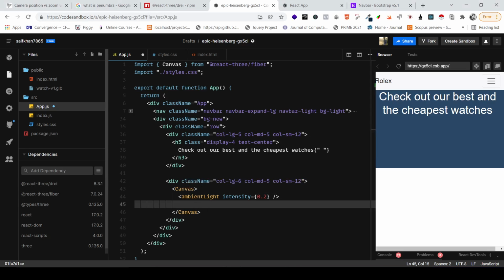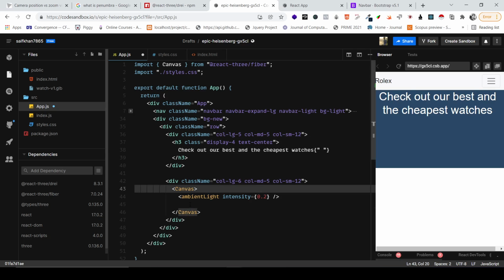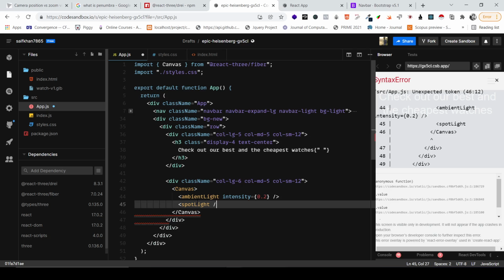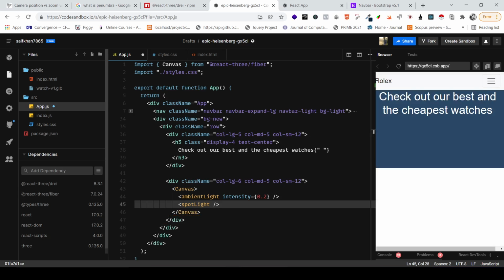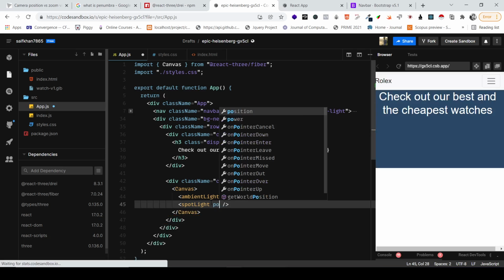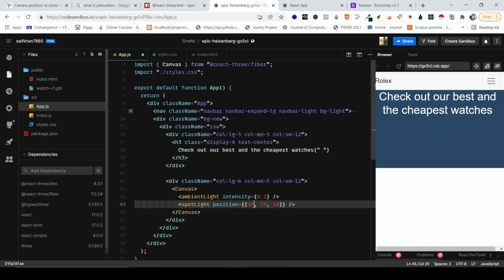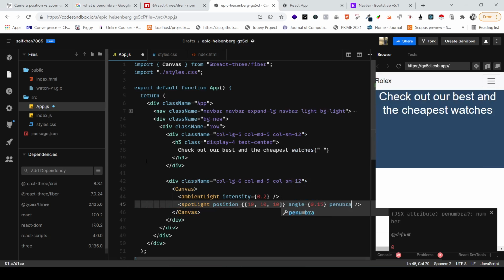All right. So the next light would be something like spotlight. This is the exact example of sun. Basically we'll be setting this thing. So now I'll give a position to it. I'm gonna give a position of 10 on the x-axis, 10 on the y and 10 on the z, and I'm gonna give an angle of 0.15. We can play with these values once we are done. And the penumbra value,